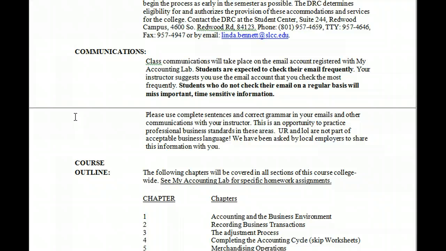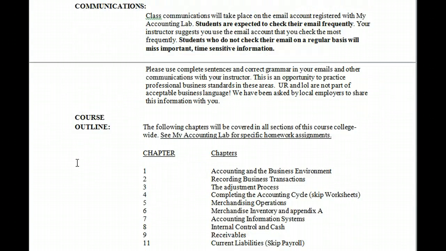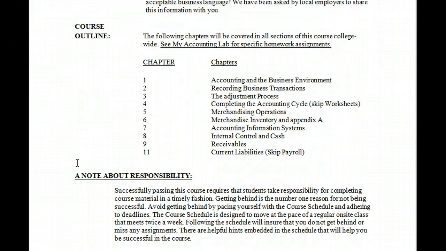And there's a little note. We have a PAC committee, a program advisory committee of professionals in the field of accounting, and they really think that you need to practice writing emails in a professional fashion. And they've asked us to not accept emails from you with UR and LOL and all the things that you guys like to put in emails. So I pass that on just to do what the PAC committee asked. I believe they're correct on that. You and I have a little bit less formal of a relationship, but take that into account and learn to communicate professionally.